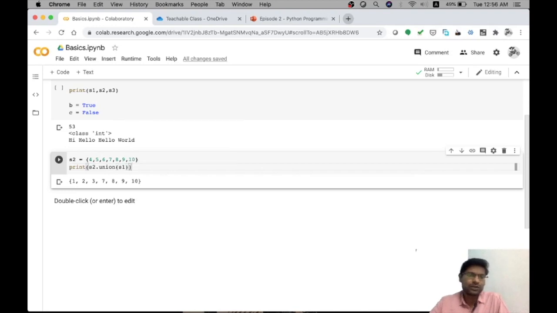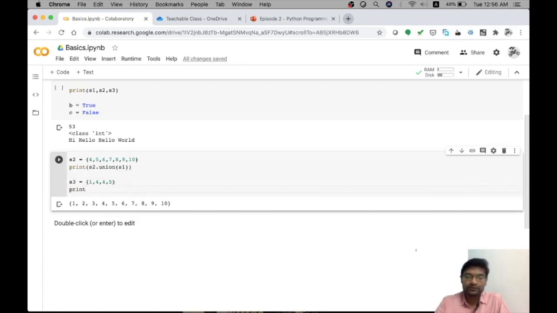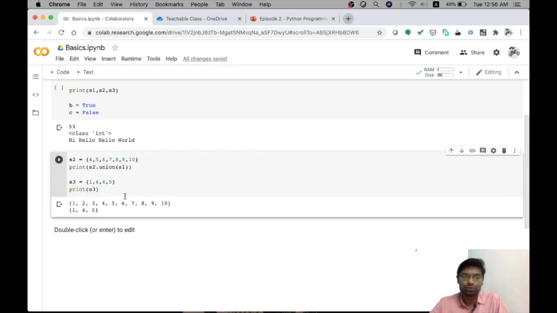Union is a simple operation which combines S1 and S2 all together, and it will not hold any duplicate elements in the set. By default, a set cannot accommodate duplicate values at any cost. Even at the time of creation itself, say S3, if I am going to create 1, 4, 4, 5, and if I am going to print